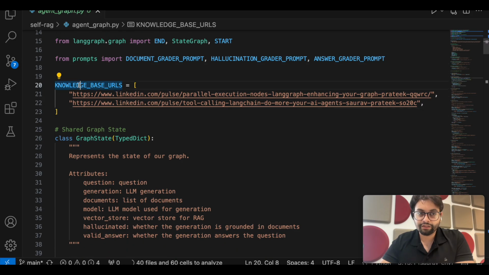After that, we have a knowledge base. So for me, I have a knowledge base URL. You can have your files as well. If you have some PDFs or some text files or markdown files, you can give that as a knowledge base, and it totally depends upon you what kind of knowledge base you are giving. For the sake of this session, I am giving the knowledge base as URLs,